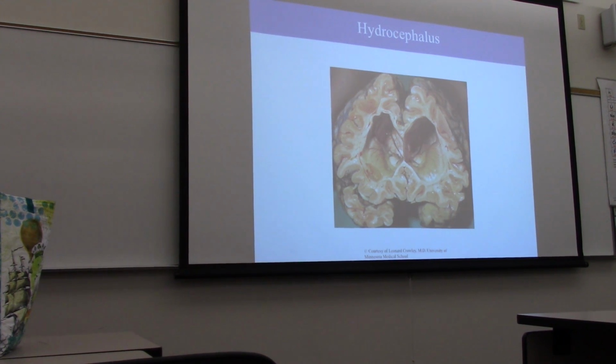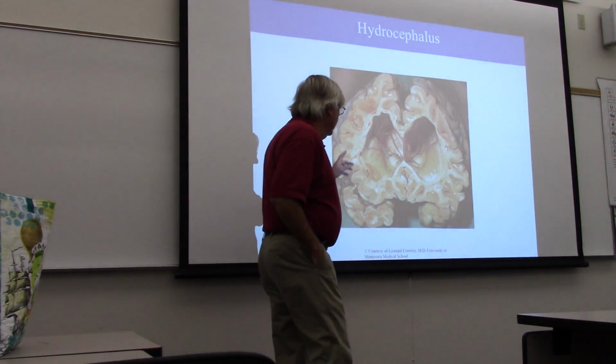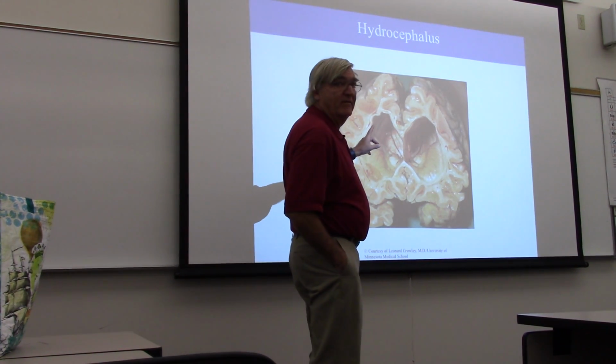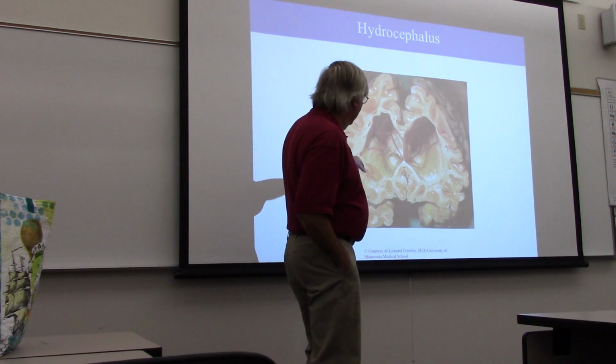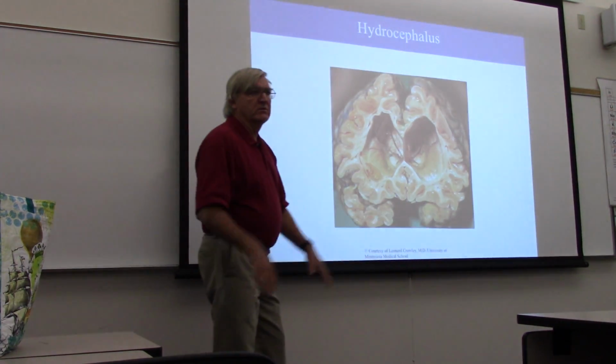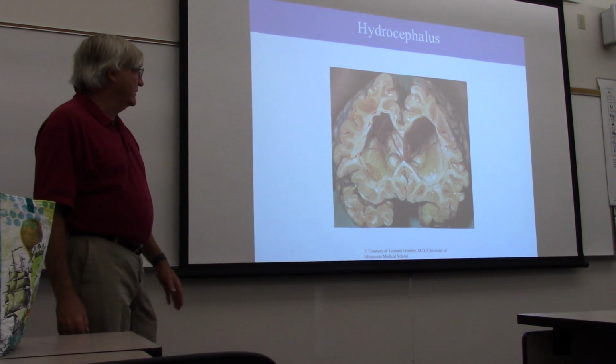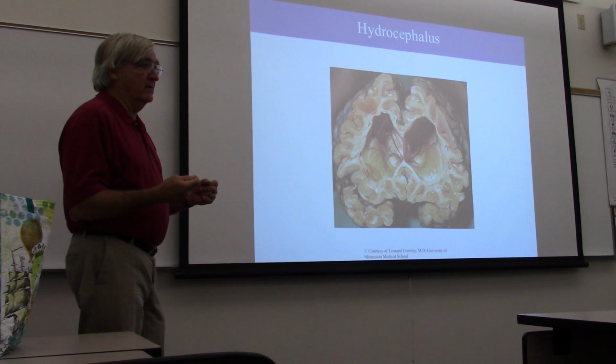Here's an example of hydrocephalus. This is a kid, or this is an older person actually, that is dead. And you see how big their ventricles are? That's because the drainage couldn't get out. There was a blockage somewhere in the cerebrospinal fluid tract, so that they were making more spinal fluid than they could